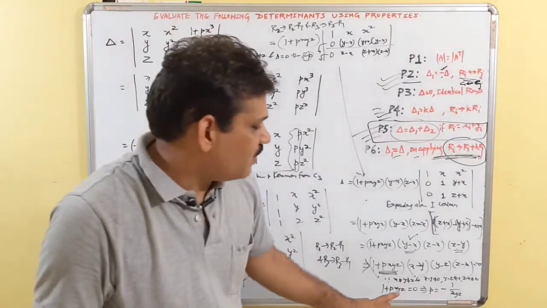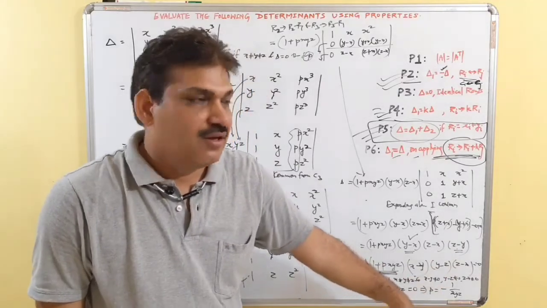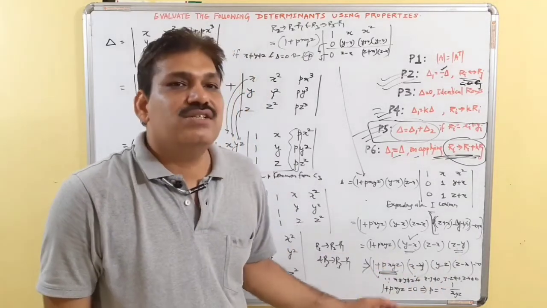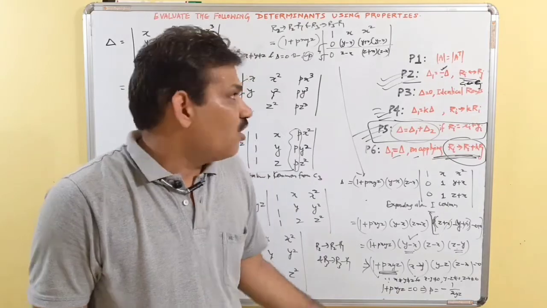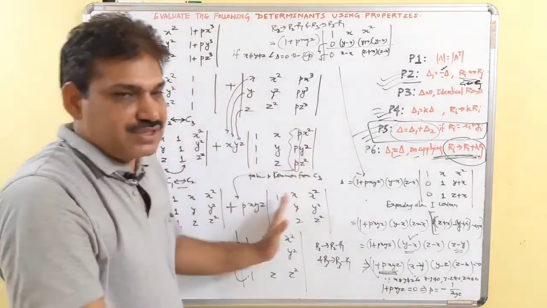Sometimes it can be asked to find the value of xyz. Then xyz is equal to minus 1 upon p. Or, prove that pxyz is equal to minus 1. That can also be proved. Or suppose there is no p. If I change the question, let's first discuss the question again.